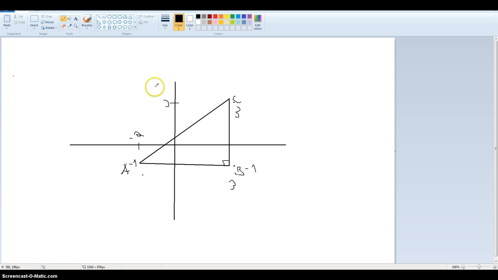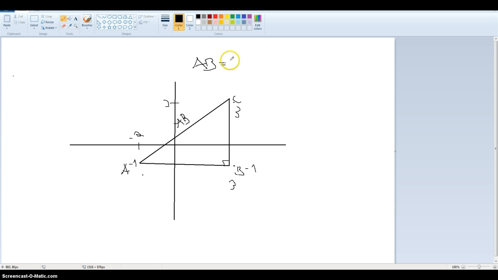So I have this coordinate system here and a right-angled triangle, which has corners A, B, C. A has coordinates x -2, y -1. B has x 3 and y -1. C has x 3 and y 3. And I want to know the distance from A to B. So I use this kind of